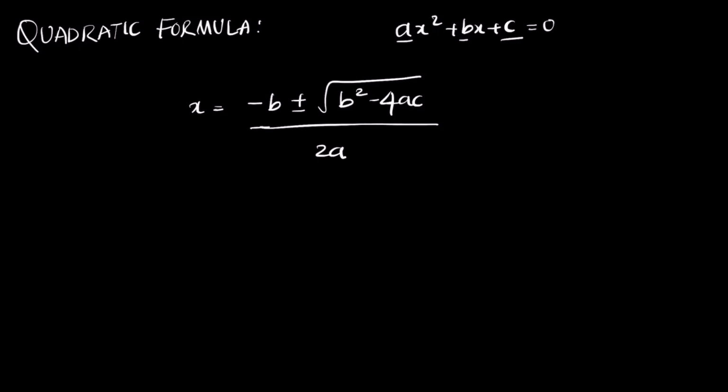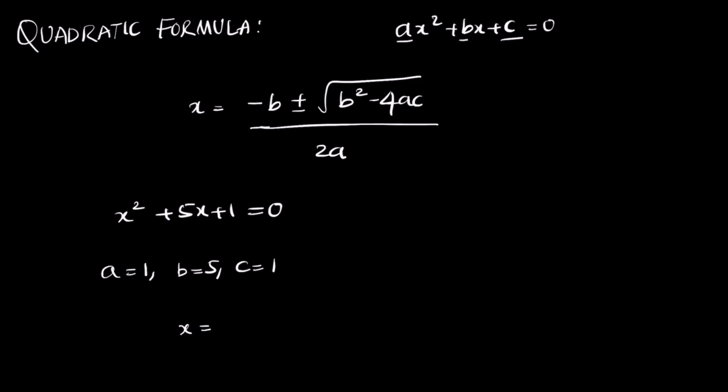Just by using the quadratic formula, we can also decide on the nature of the roots. So let's try to solve a problem using the quadratic formula and see if we can get it. Let's say we have a problem where x square plus 5x plus 1 equal to 0. When you compare it with ax square plus bx plus c, a is 1, b is 5, and c is 1.